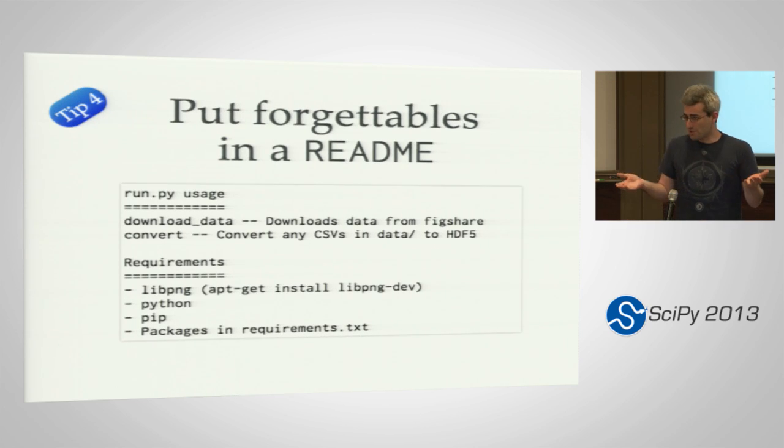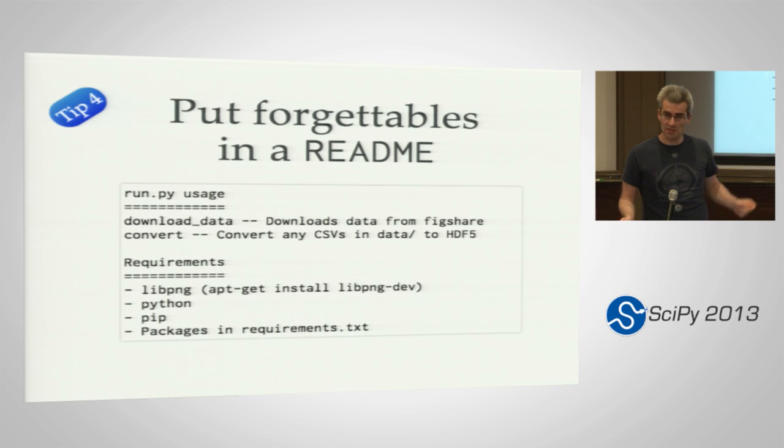Next tip, you should always have a README. We all know it, but we don't always do it. Anything that you think you might forget, put in your README. So that means if you have to apt-get install something or brew install something, put that in your list of requirements. If you do have something like run.py, which I'll talk about in a little bit, then document all of